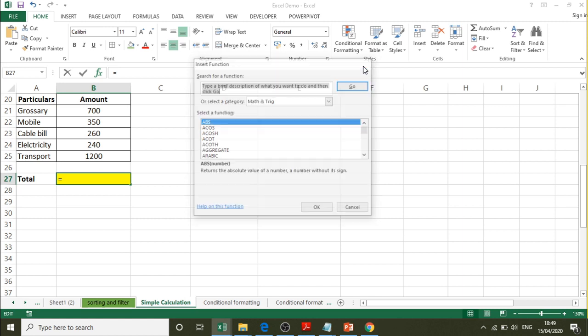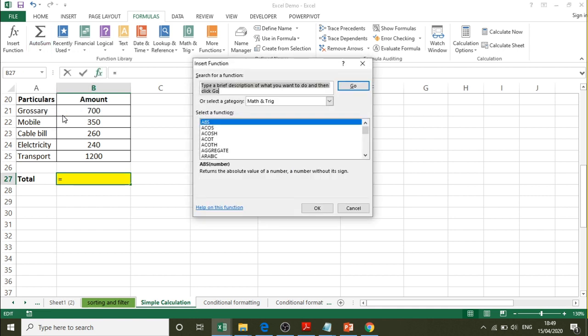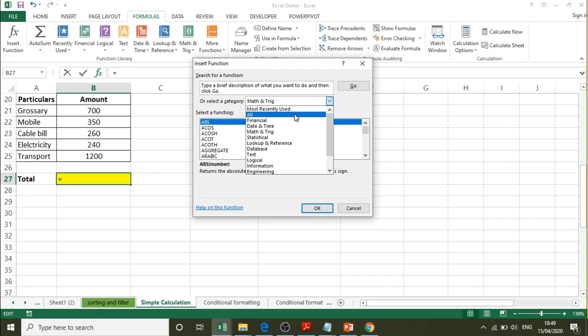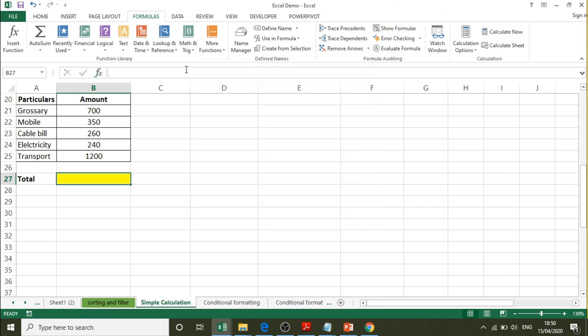If you go to Formulas, here also you can see the same More Functions, and you can get the list. That means the same operations we are doing from different tabs. You can do anything, all are the same.